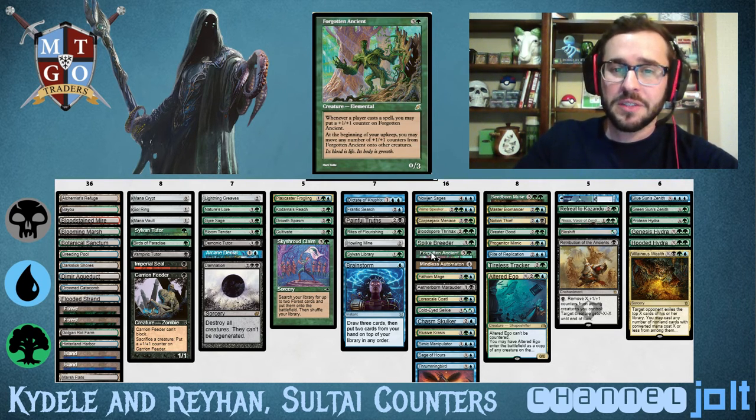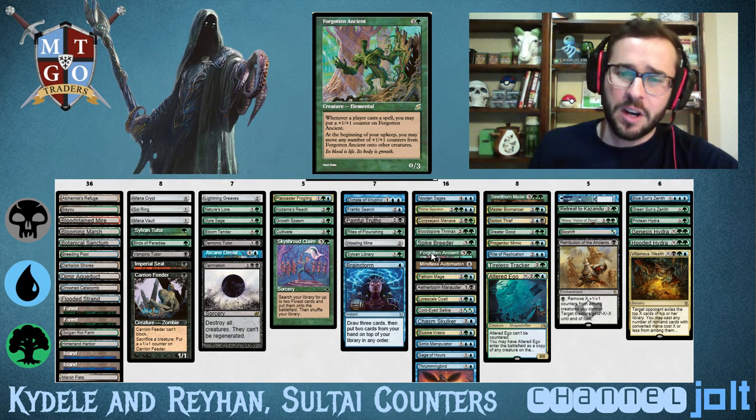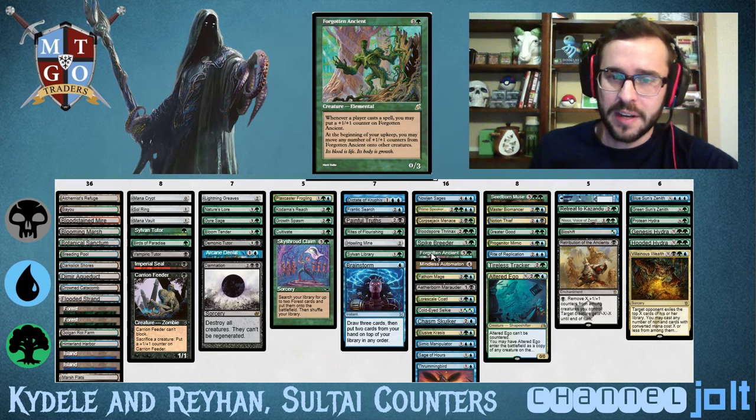Then we have Forgotten Ancient, so whenever a player casts a spell and that counts for us, we're going to put a +1 counter on it. And then at the beginning of our upkeep, you can move any number of counters from Forgotten Ancient onto other creatures. So let's say there's a bunch of counters on Forgotten Ancient. We can move them all over to Sage of Hours or Simic Manipulator to kind of get that evolve up